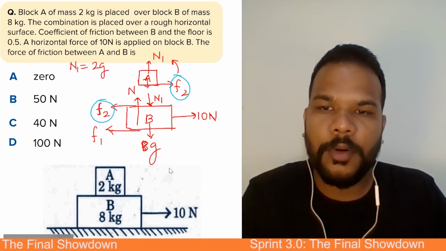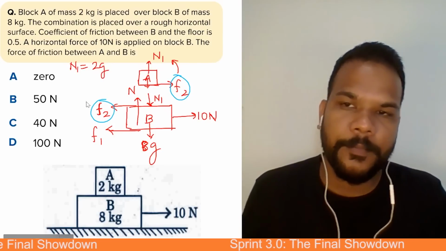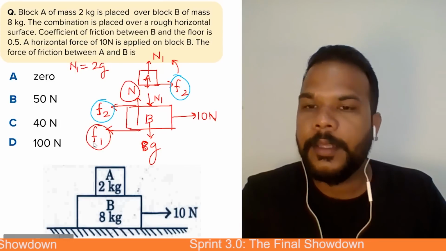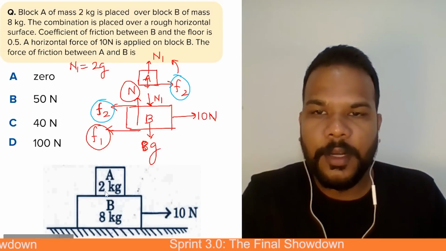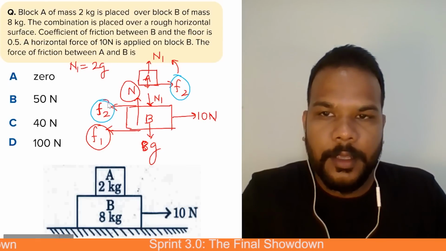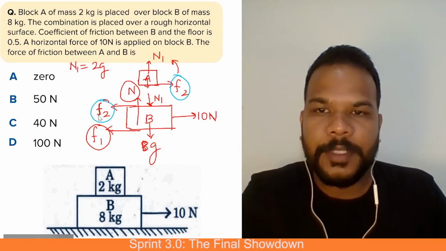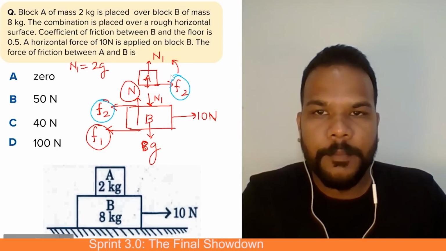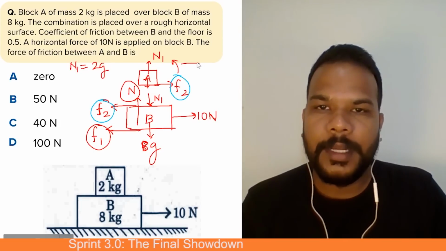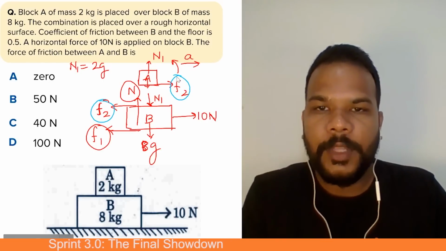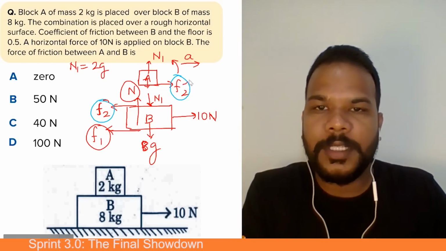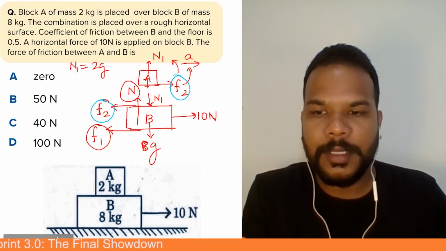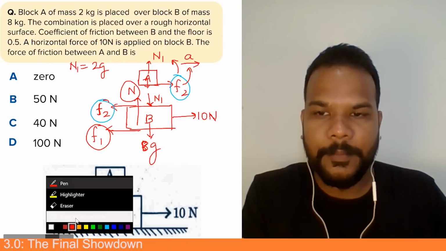So if we talk about the total normal force that is N, क्योंकि उससे हम F1 फाइंड आउट कर पाएंगे, what we are trying to do here, we are trying to find out कि F2 का वैल्यू कितना है. तो F2 का वैल्यू पता लगाने के लिए सबसे पहले मुझे ये चेक करना है कि whether B will be able to move towards right or not, because if I get to know that there is some acceleration of the system, then for block A, F2 is responsible for that acceleration for A. ए को आगे लेके जाने के लिए कौन सी बॉडी रिस्पॉन्सिबल है वो हम पता लगा रहे हैं, ठीक है।